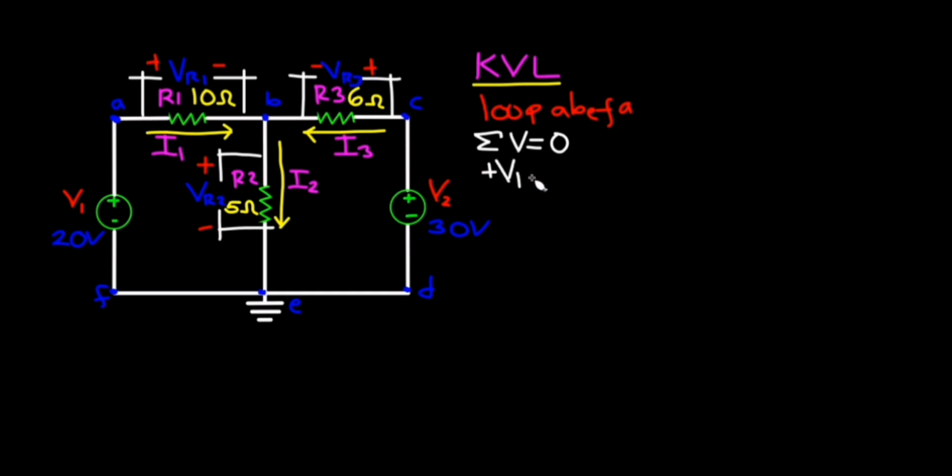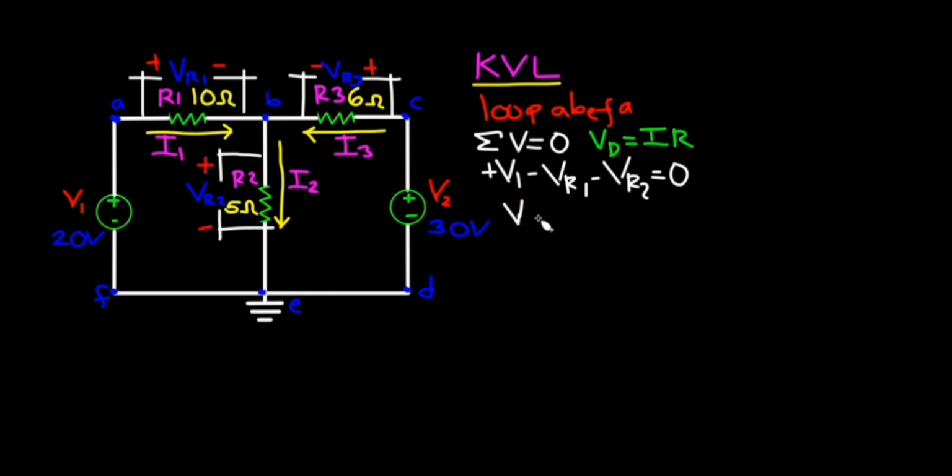Minus VR1, because the ending polarity here is negative. And also minus VR2, since it is also negative here. That equates to 0. Since voltage drop is equal to I times R,